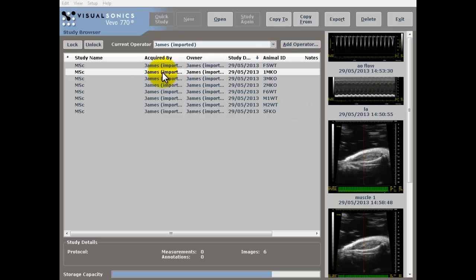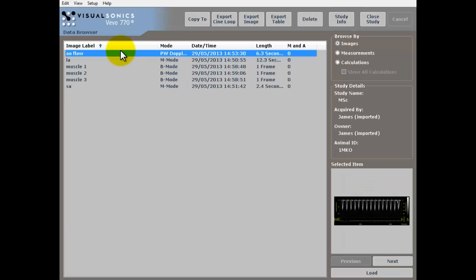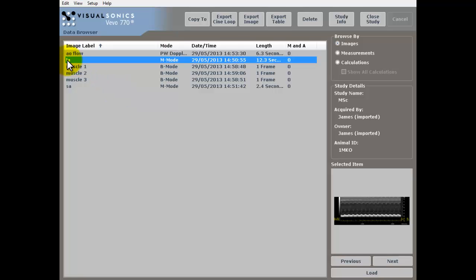So I'm just going to double click and open one of these studies. And now we have a series of measures that were taken by ultrasound. We've got aortic flow, long axis. These have been labeled by the user at the time of the acquisition, so LA meaning long axis. There's a couple of muscle measurements here, 3 of those, and then we've got SA for short axis. So I'm going to start by looking at the long axis view, so I double click on it, and there